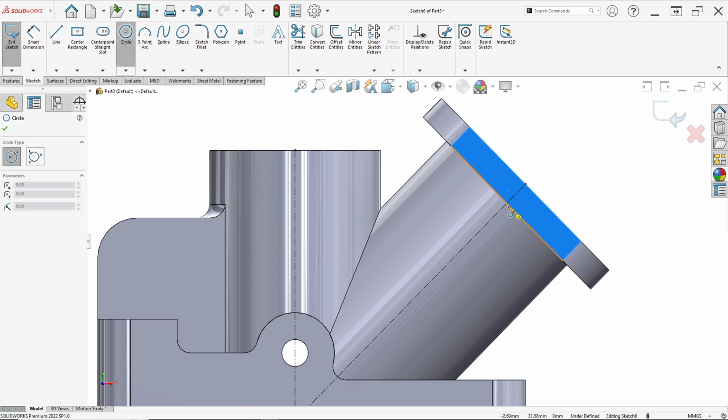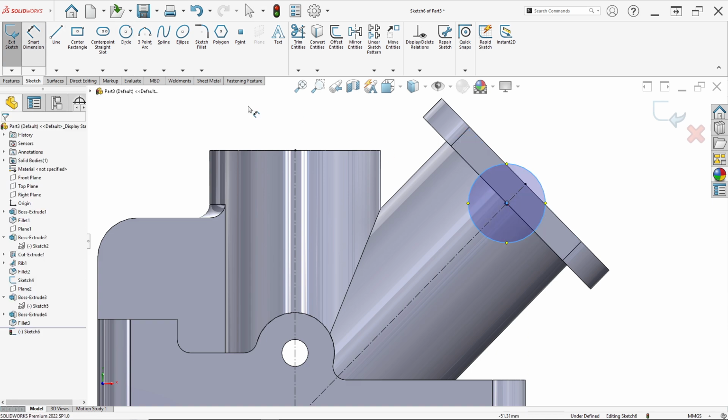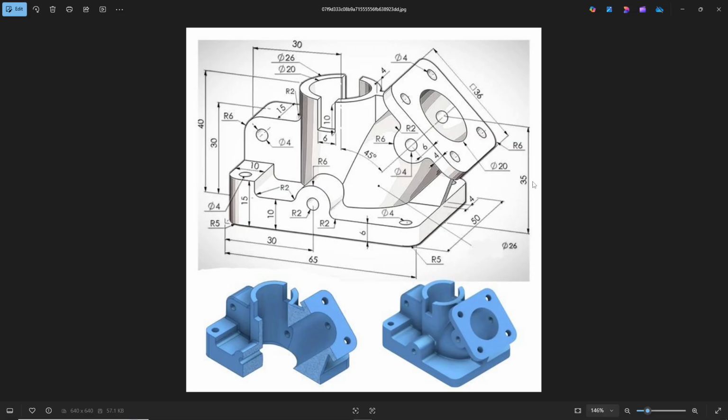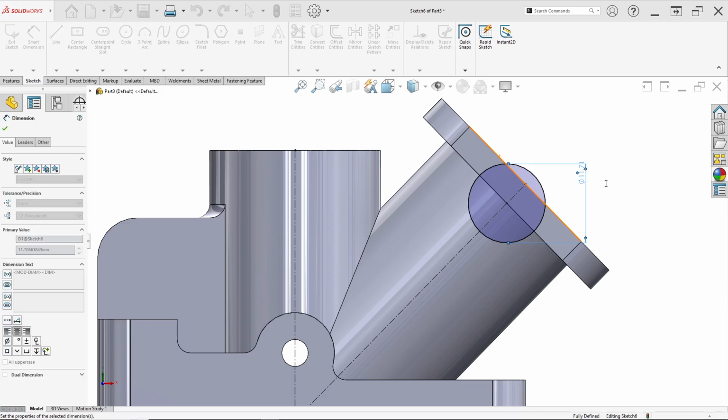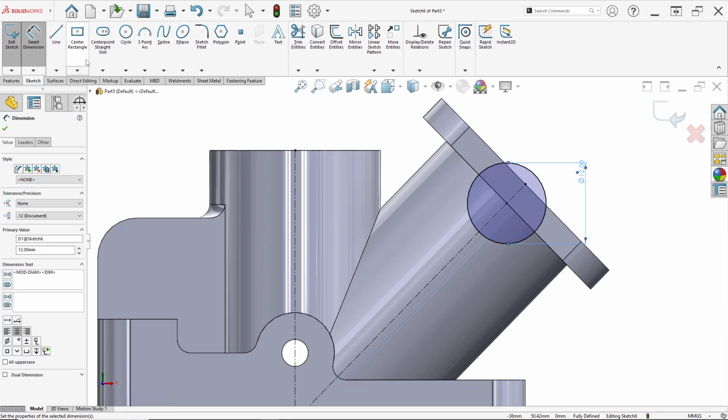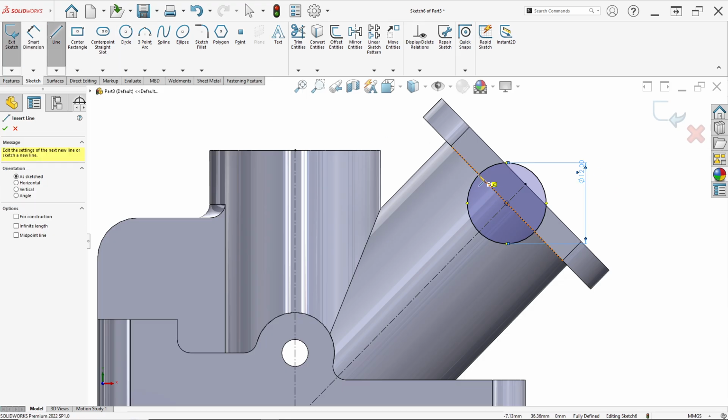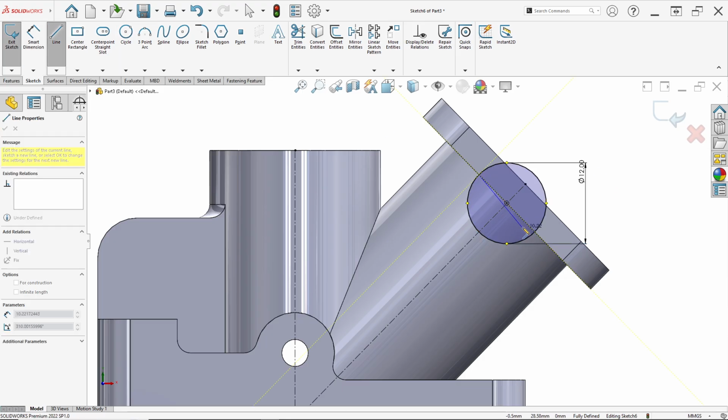Draw a circle in here from this point. Set the diameter here, have radius 6, so diameter 12 millimeter. And select line, draw from this edge to this to this.